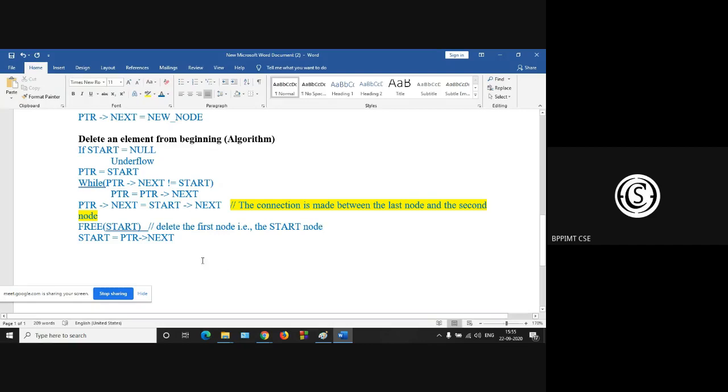Now, what will be the next start? Your next start is the 2, the second node. What is the second node? PTR arrow next is the second node. So start is equal to PTR arrow next.